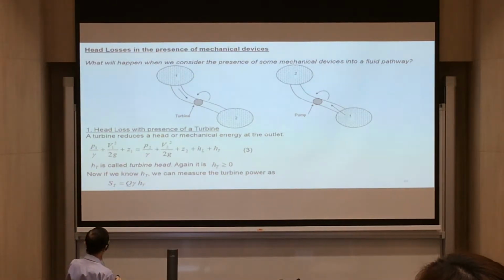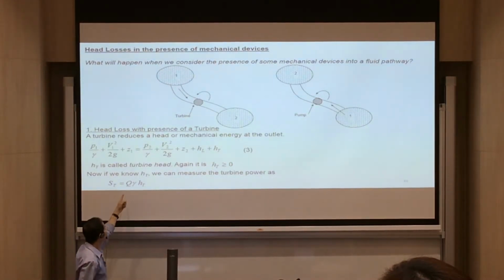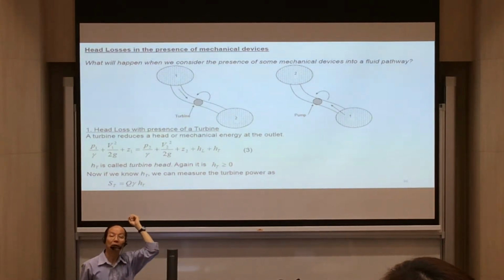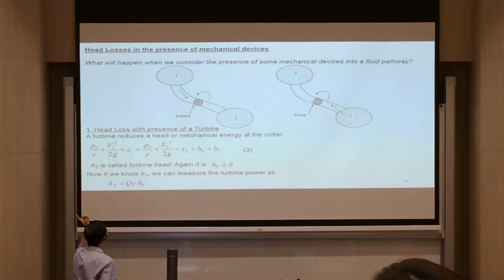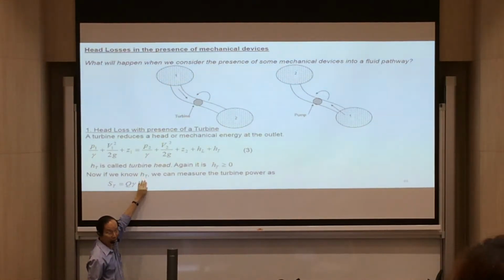Alright. So what's the turbine power in this case? The turbine rotates and gets power from the flowing fluid. From the power term that we got earlier, turbine power is Q times gamma times head. Let's call it turbine head. So power is always flow rate times gamma times whatever head you have.